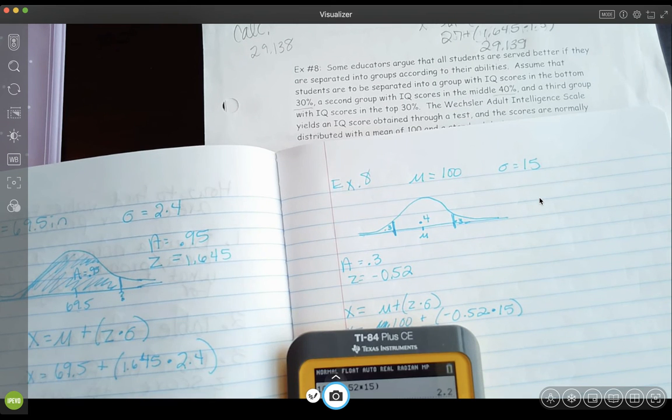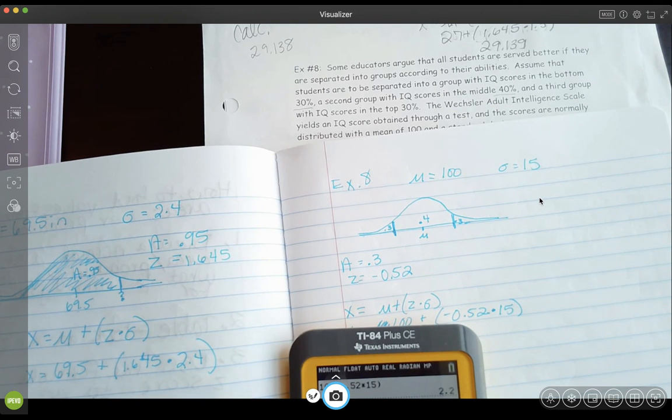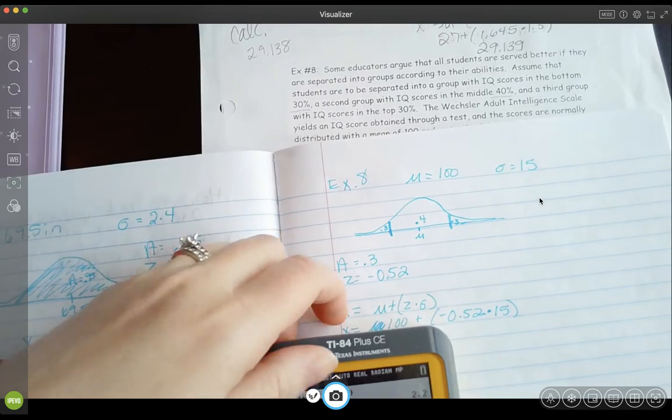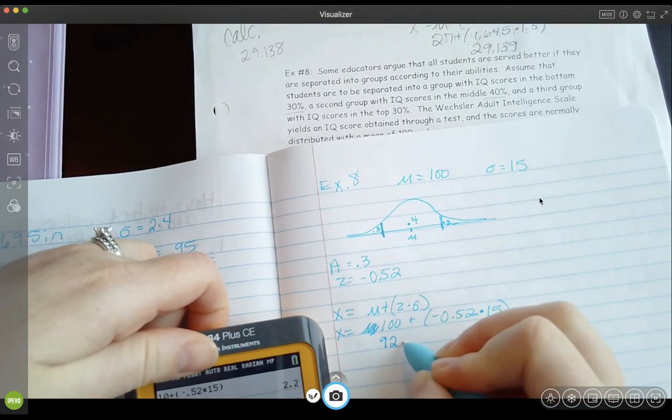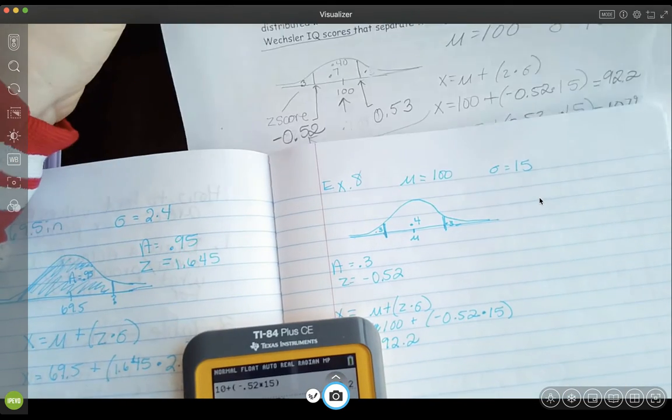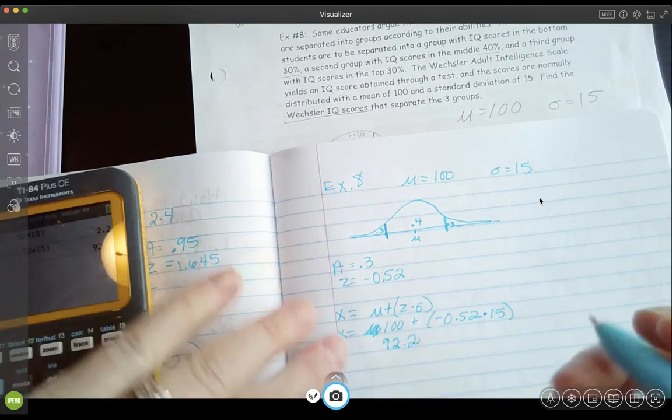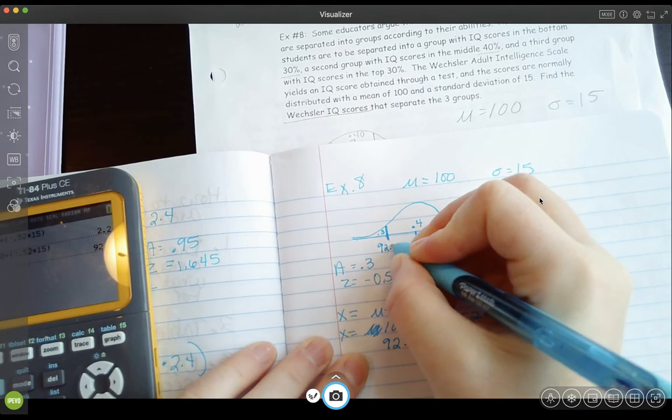Oh, I messed up there. Should have put 100. There we go, 92.2. All right, so this is 92.2 is the